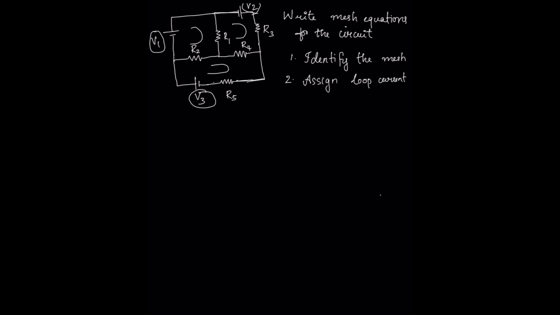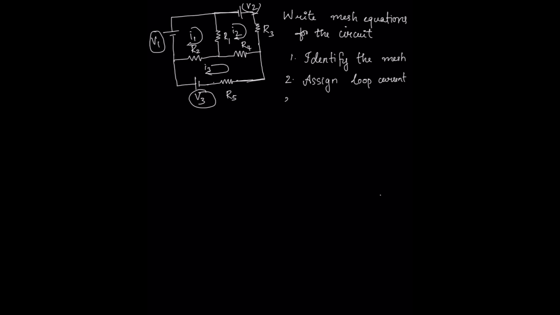Here, this is a clockwise direction for the currents I1, I2, and I3. The loop current direction is the same as the direction in which we travel. We travel through the circuit along the loop current direction and write the